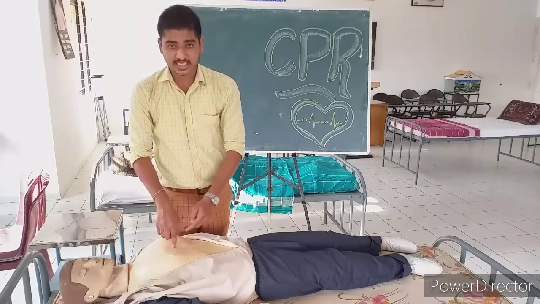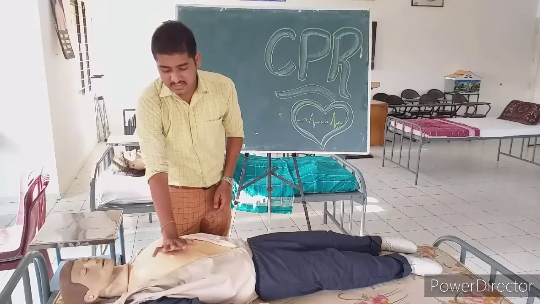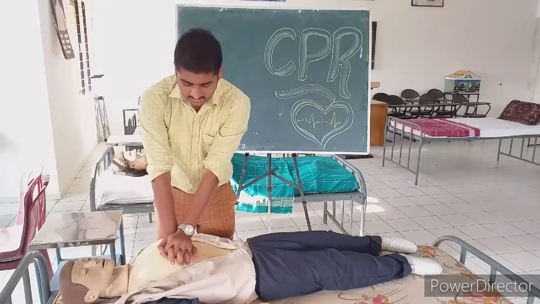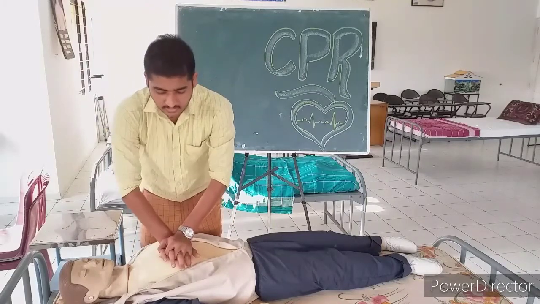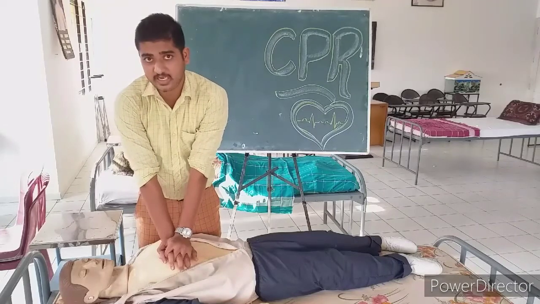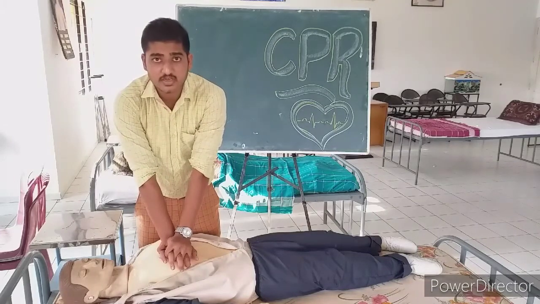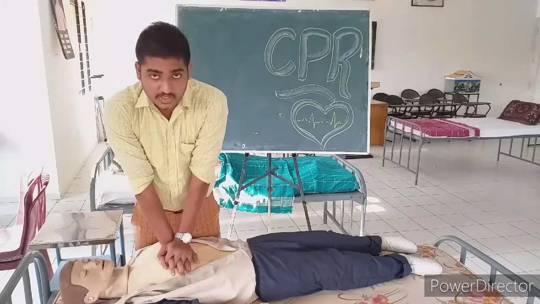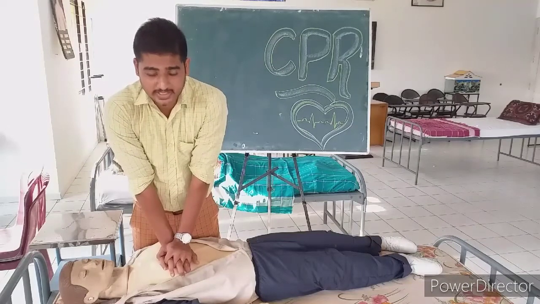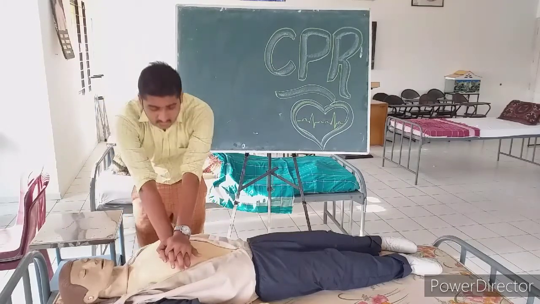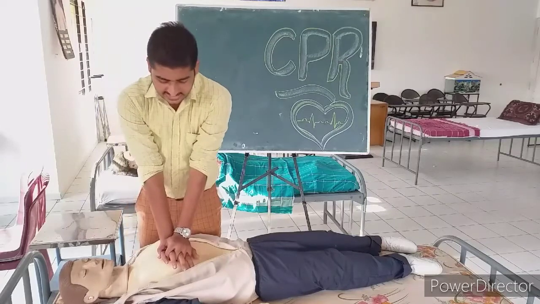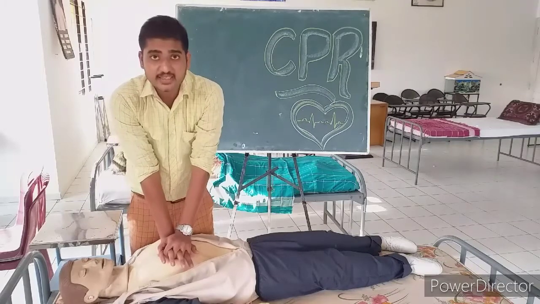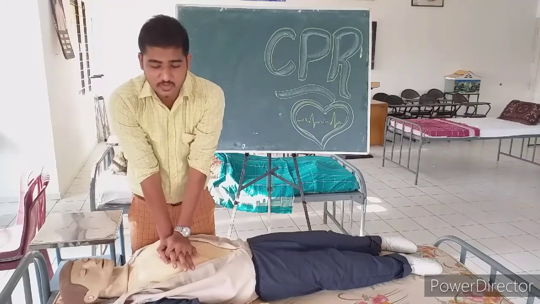After finding the exact location, place your dominant hand at this place, non-dominant hand over it, interlock the fingers. Hands must be straight, no bending like this, shoulders must be locked, and the hands must form a V shape. Okay. The shoulders must be parallel to the patient's body, exactly this way. It shouldn't be like this, not like this, exactly this way. Shoulders must be parallel to the patient's body. And then you must start the compressions exactly this way.